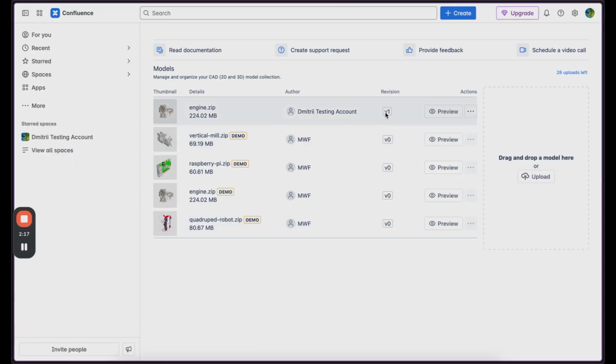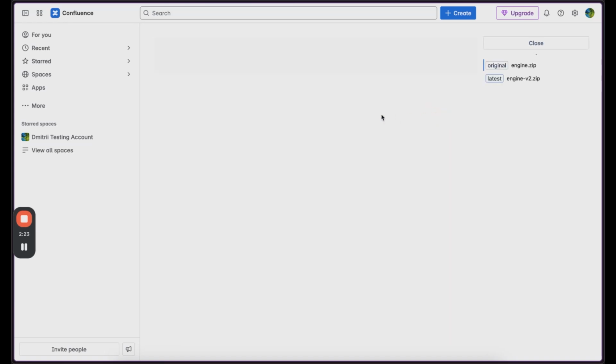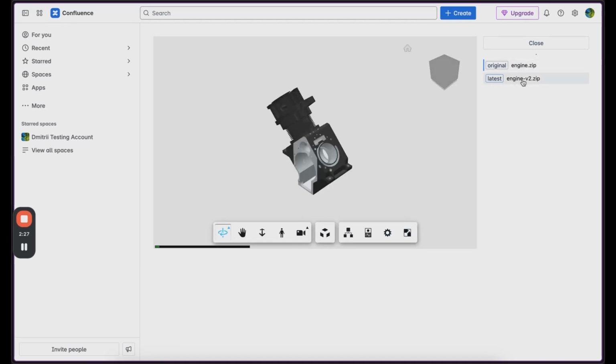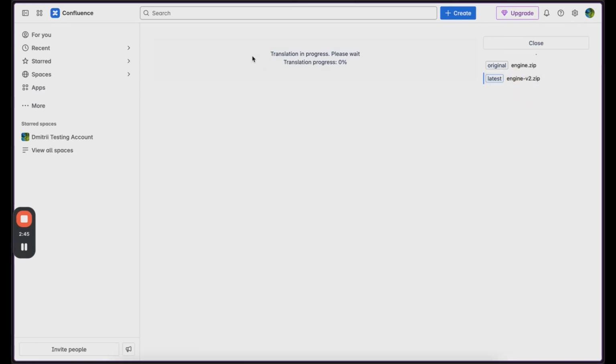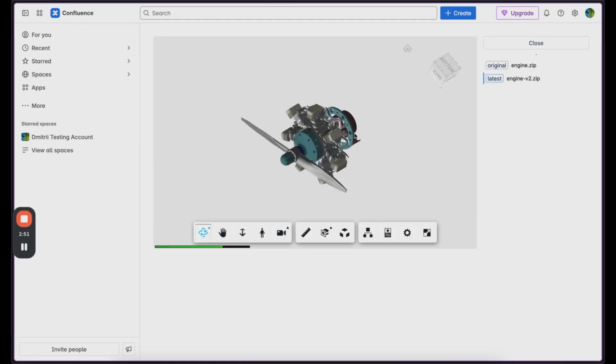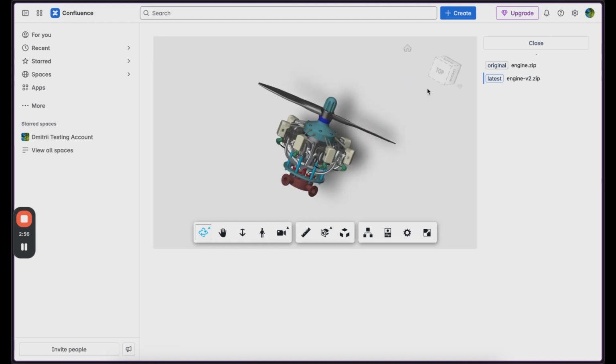As you can see, the revision was successfully uploaded, and the revision number has changed here. If we go to preview now, you'll be able to see that we have the original version and the latest version of the file. For each of the versions, you'll have to do the translation process. But as I've said before, this has to be done only once. And once the translation process is done, we'll be able to preview the model automatically inside